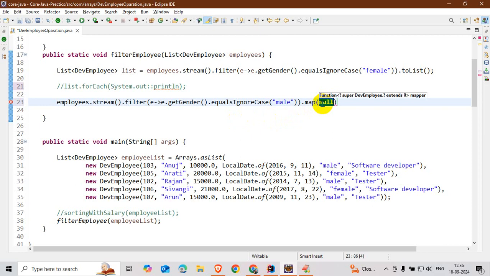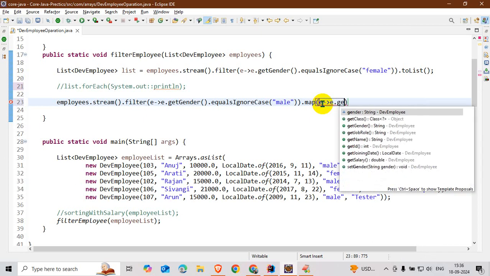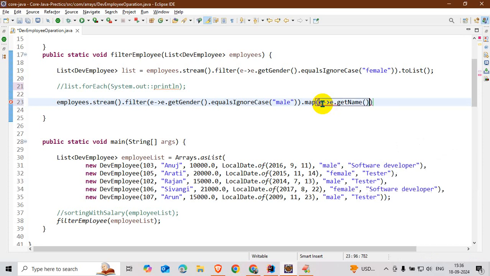There is the Function interface. There is one abstract method, that is apply. Apply accepts one argument and returns an object. So here I write the logic: e dot getEmployeeName.